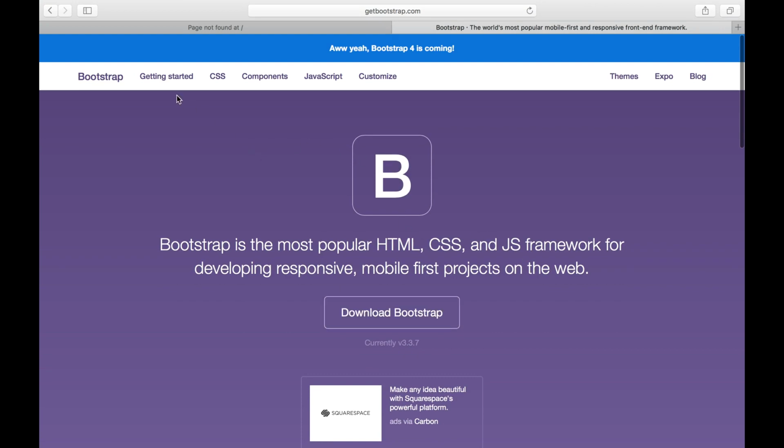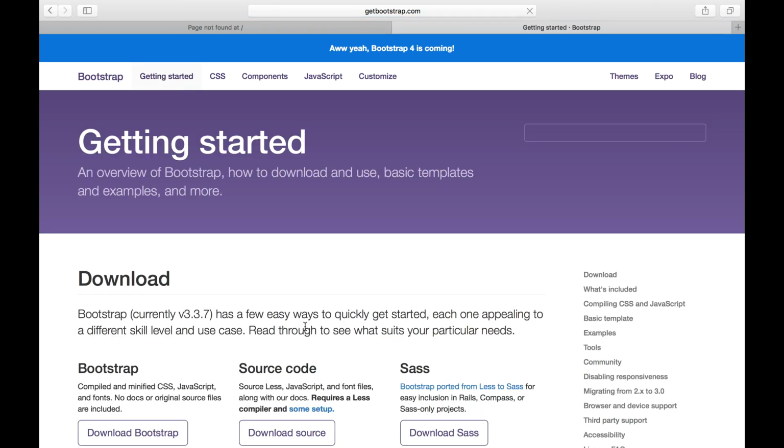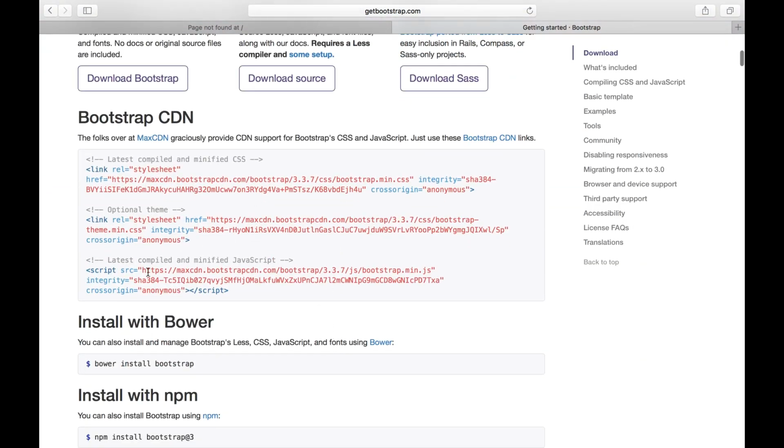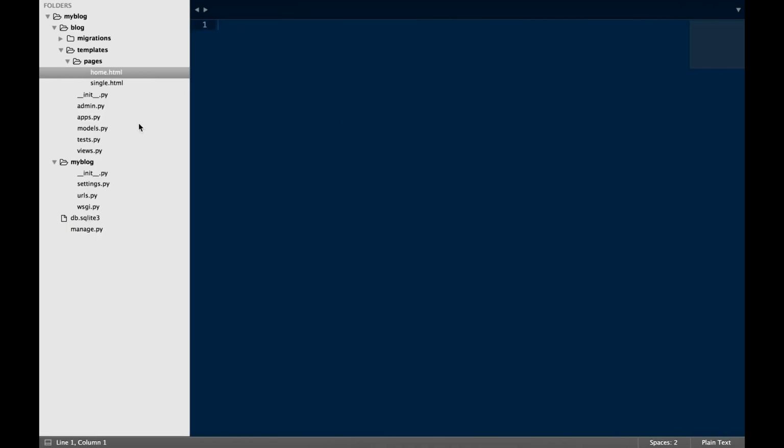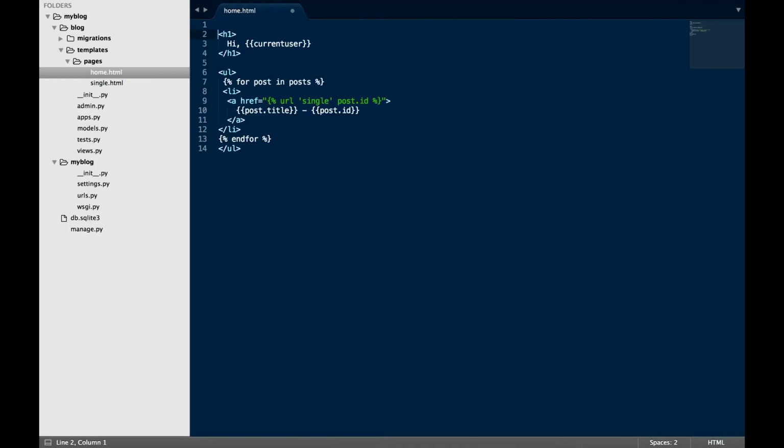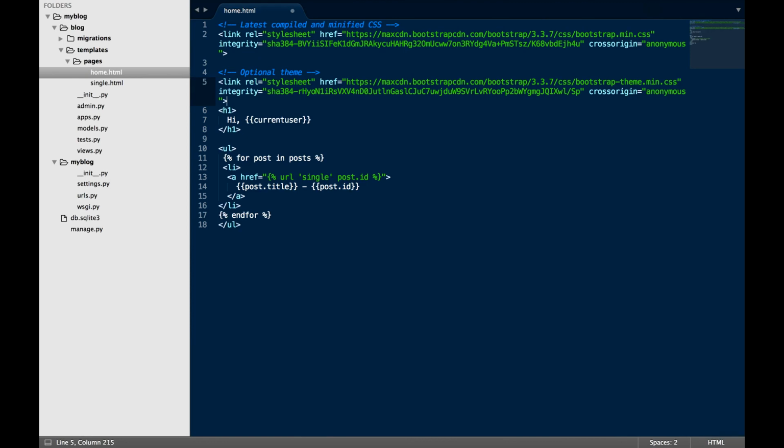So I'm going to go to the Get Started page and then scroll down to the Content Delivery Network section, or the CDN section. I'm going to grab the CSS and the themed CSS, as well as the JavaScript. So I'm just going to copy these two links here, go back to our home.html, paste in the,